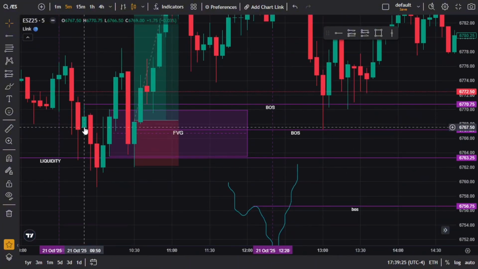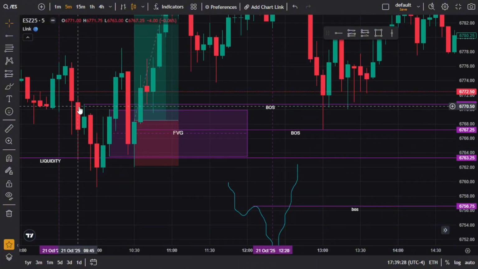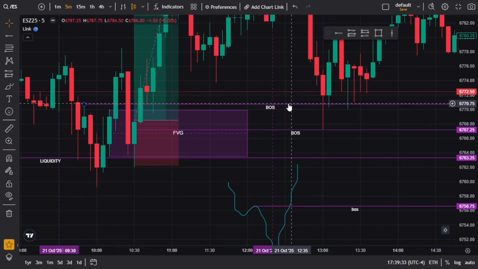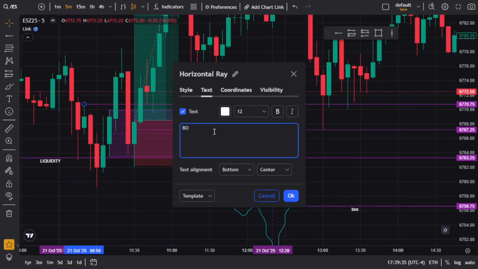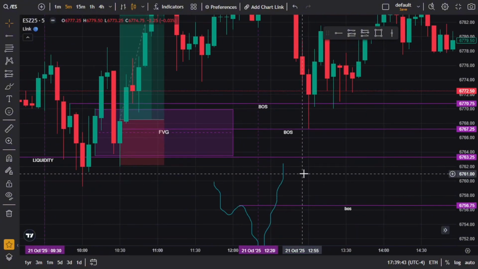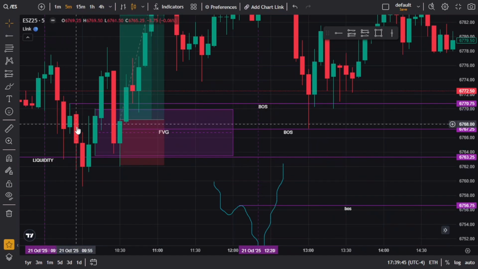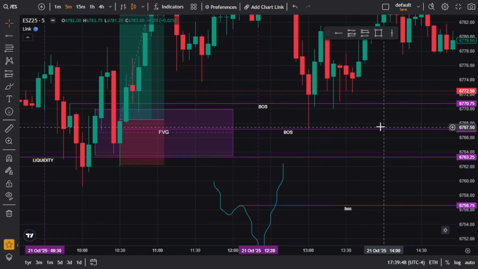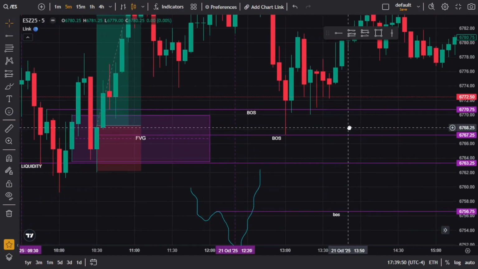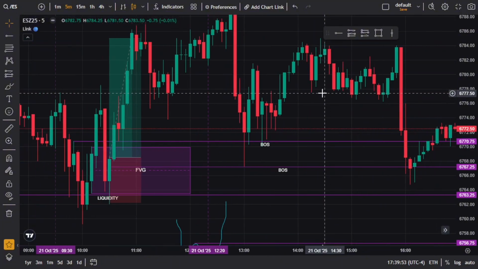But yes, this was our breaker structure. We marked out our previous high. Move up, then move down. We mark that out. We're going to wait. We're going to type this as our breaker structure. You don't have to write break of structure. BOS is short for breaker structure, so I just always type that. After we do that, we're going to wait for this candle to close above it, right? Because that's a confirmed breaker structure. And then we are going to get into our next step.